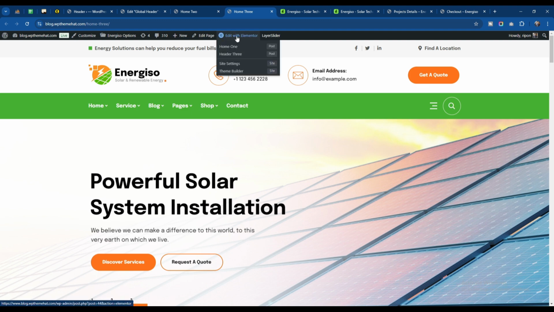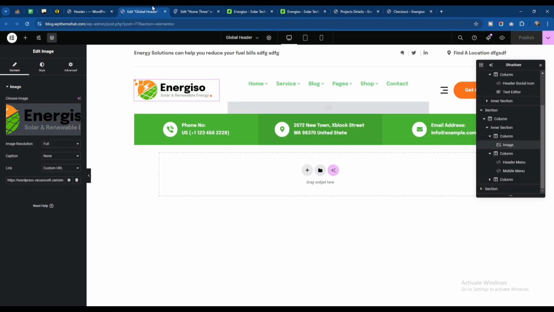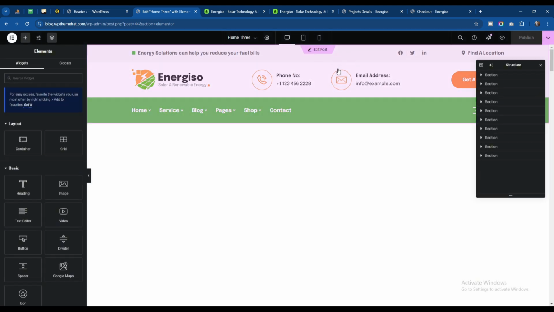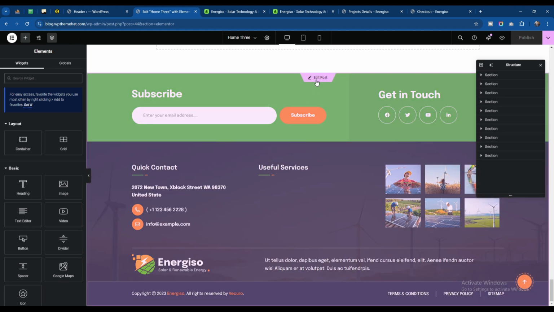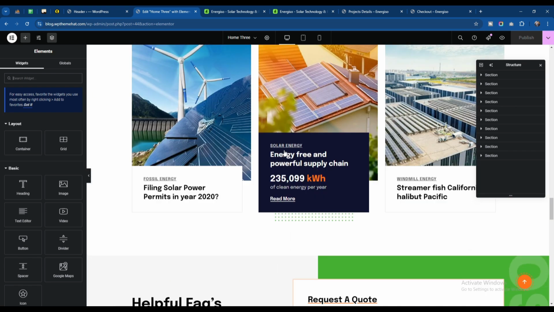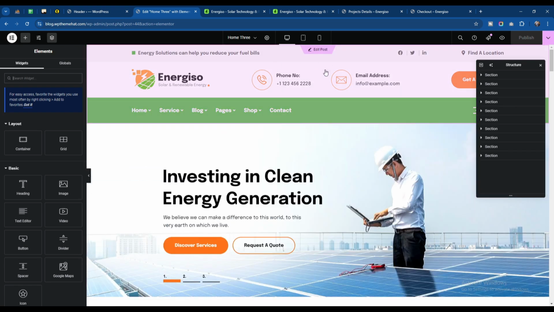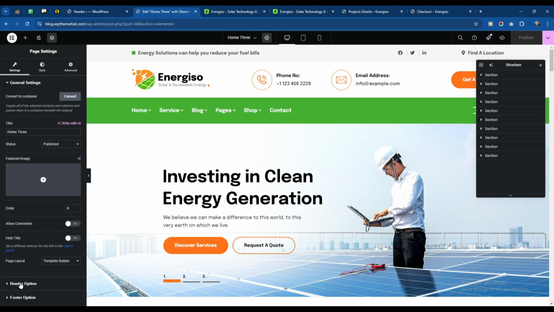To investigate that, you need to click here on edit with Elementor. So we are editing home 3, and we will be able to edit the header from this place as well. If you hover, you will see the edit post button as well, if you go for a specific header. But where is this set from? This is set from the page settings. If you click on the settings, page settings, you will have two options here,